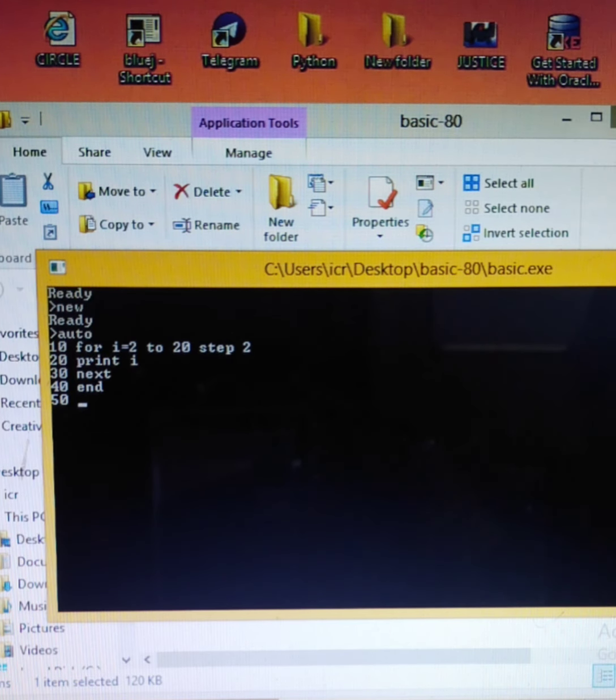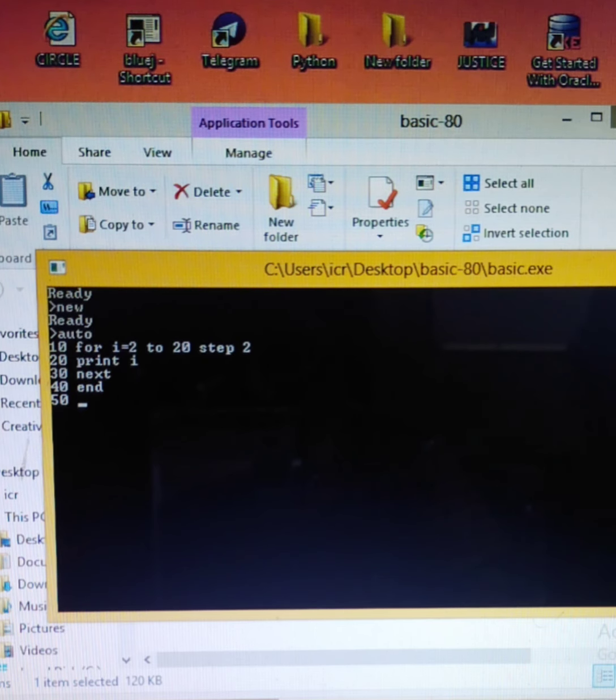And what is this step 2? See, as I told you in the previous program, when I is moving inside line number 20, the present value of I over here is 2. So 2 will be printed. With the help of next, again it will go back to line number 10. It will read what is written in the step. The step value is 2. So 2 plus 2 will become 4. If you are not writing anything as a step, it will automatically increment one by one. So after 2, only 1 will be added to it and it will become 3.